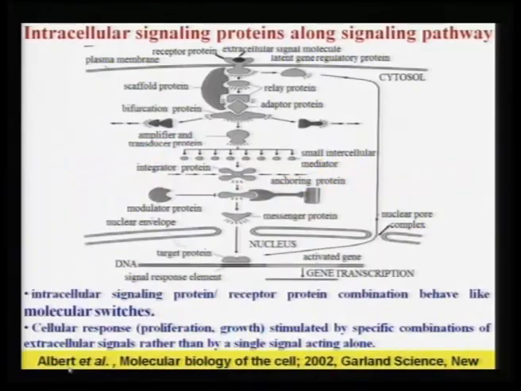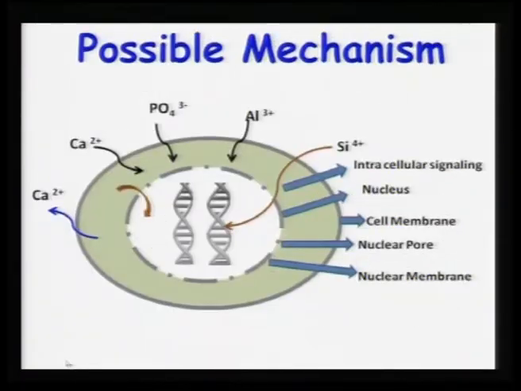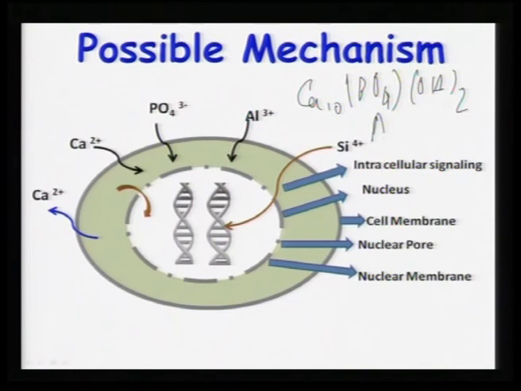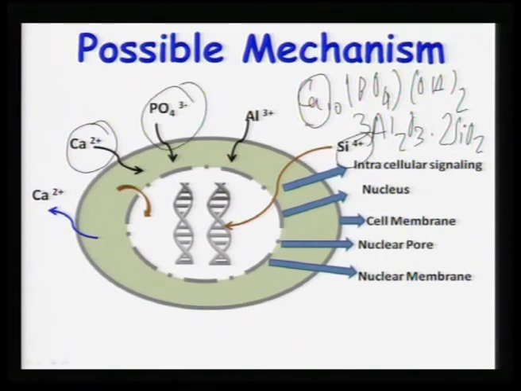So, now you can see what the different mechanisms are. Ultimately, this is the last slide, the possible mechanism. Hydroxyapatite is Ca10(PO4)6(OH)2, and mullite is alumina and silica, so 3 alumina and 2 silica. What happens in the case of this eluate treatment is that calcium 2+ ions are there, phosphate ions are there, silicon ions are there, and Al 3+ ions are there.